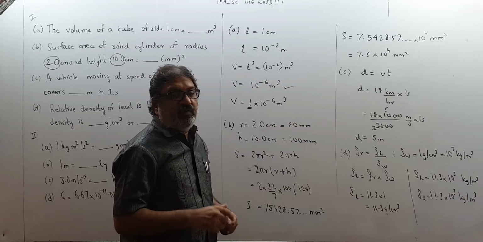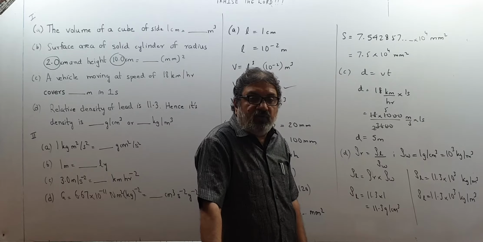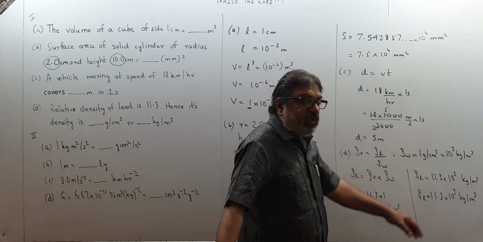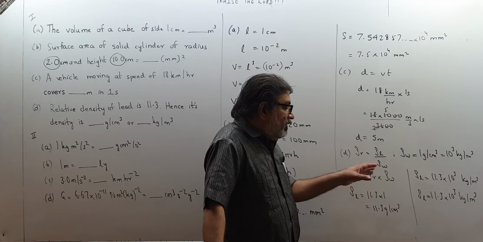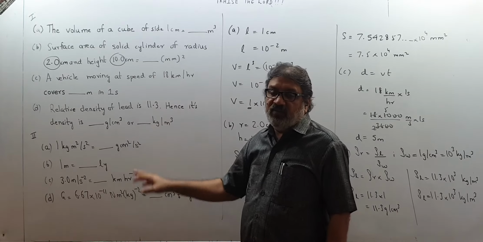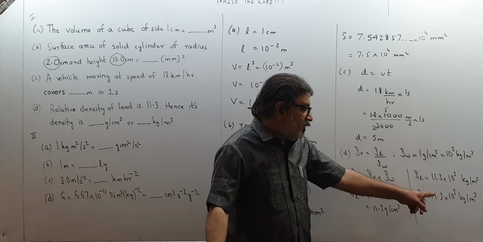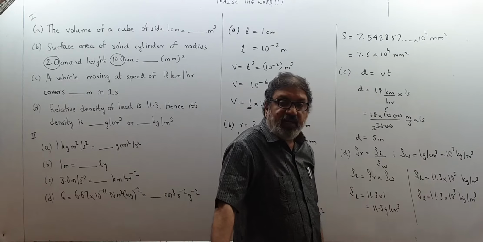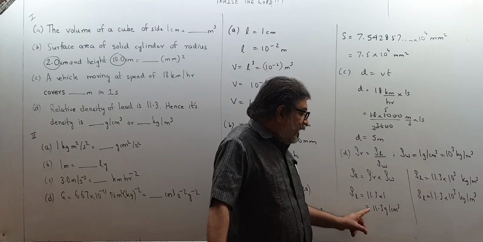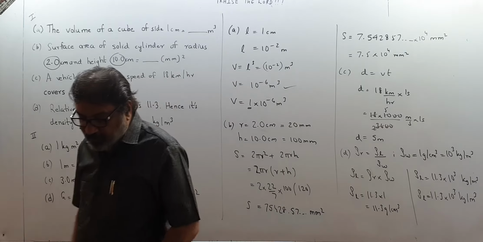So whatever data was given to me, I think about it. I don't think about rho W because rho W value was not given to me. Rho W I have taken the value 1 gram per centimeter cube or 1000 kg per meter cube. Whatever data is given to me, that is the measured data. So I should be worried for this. This is having 3 significant digits and precision up to 1 decimal. So here also in both my answers, there is precision up to 1 decimal and there are 3 significant digits. So these are the answers for density of lead in gram per centimeter cube and kilogram per meter cube. Please pause and copy, children.